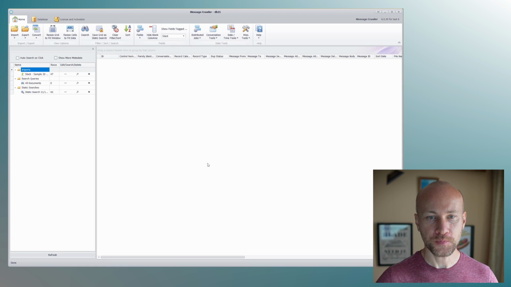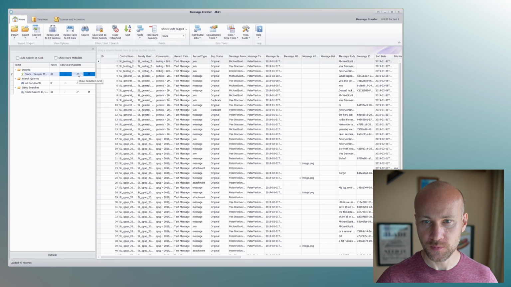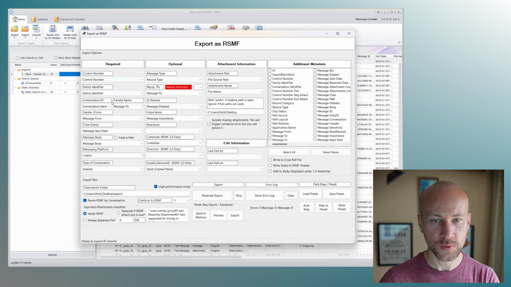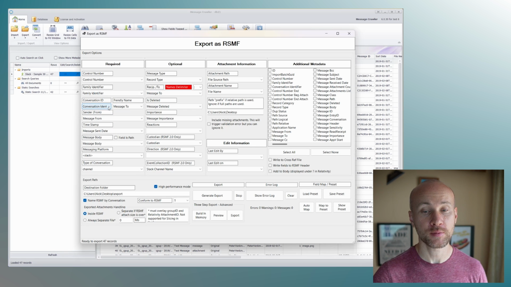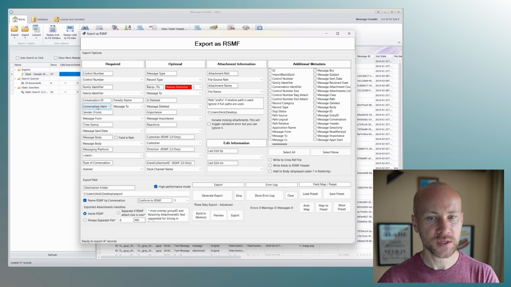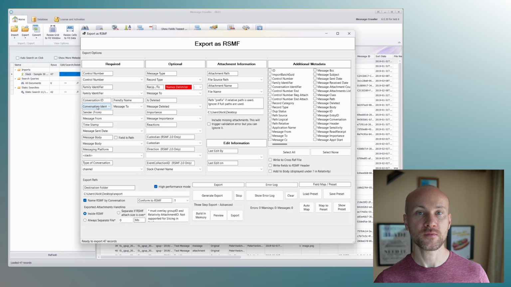Alright, so I have my Slack data here, so I can bring it up on the screen, and if I go to export this, we have this option to pick a conversation field. This is how the messages would be broken up into multiple RSMF files. And this conversation ID is the field that would be used in the conversation name when data is loaded to